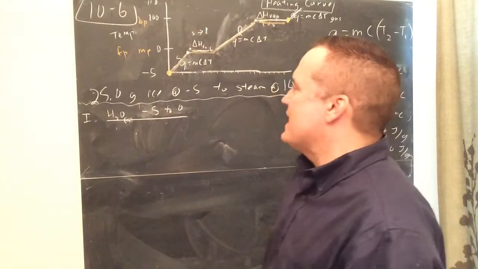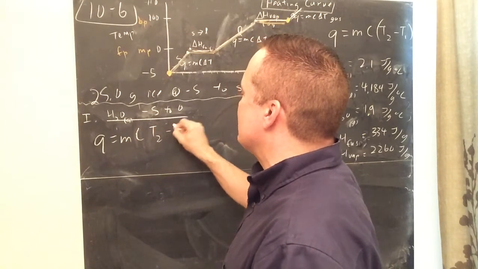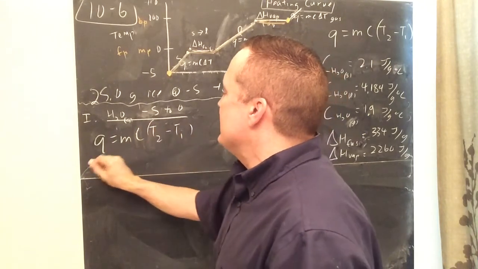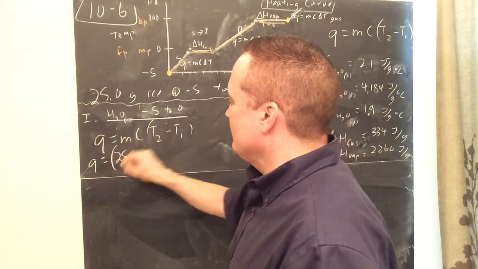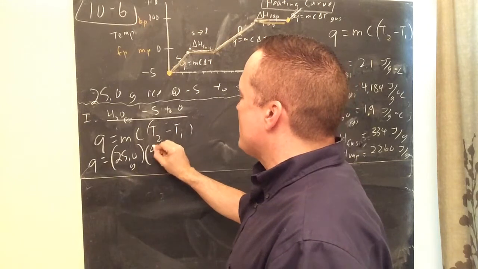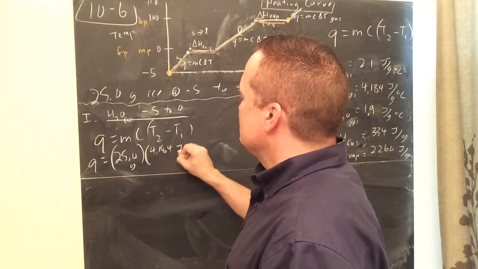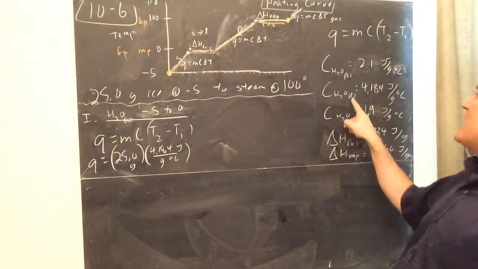Solid, -5 to 0. How do you do that? Q equals mC(T2 minus T1). So the heat will be the mass, 25, times the specific heat, which is 4.184 joules per gram degree Celsius. That's the value for H2O